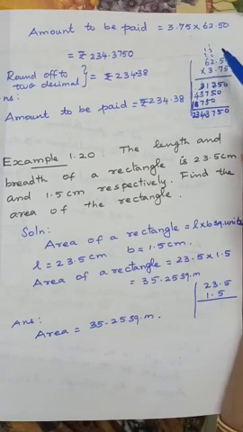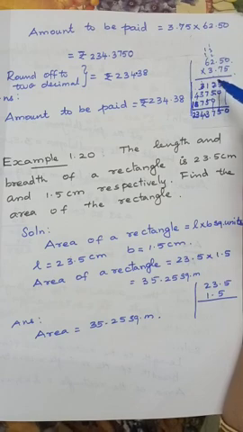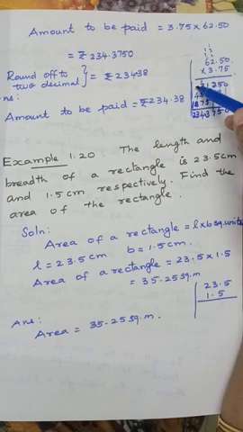Then 3 2s are 6 plus 1 is 7. So 6 3s are 18. Now add 0, 5, then 5 plus 2 is 7, then 7 plus 1 is 8, 8 plus 5 is 13, 3 remainder 1, then 6 plus 1 is 7, 7 plus 7 is 14, 4 remainder 1, then 5 plus 8 is 13, 3 remainder 1, 2.